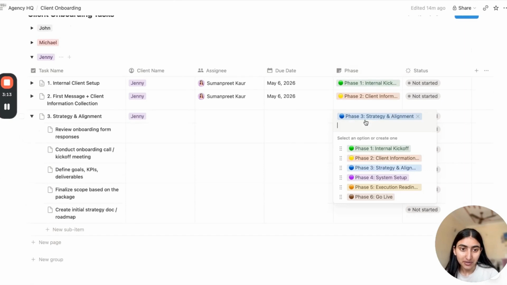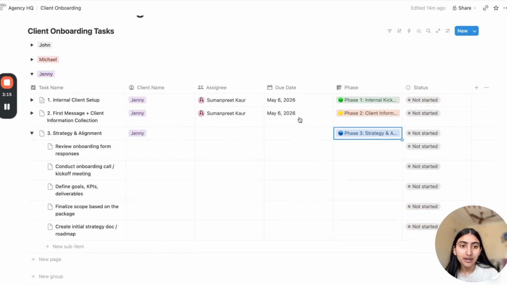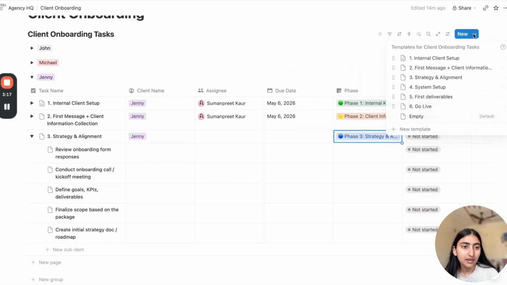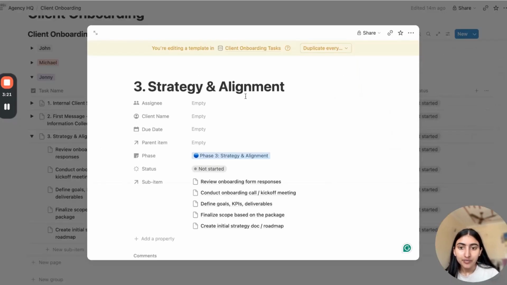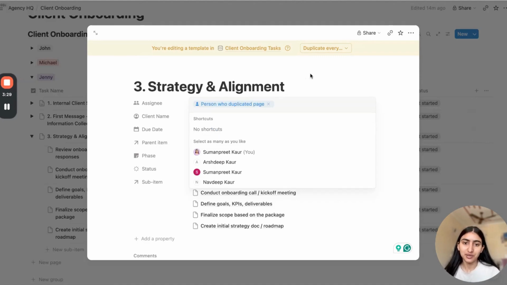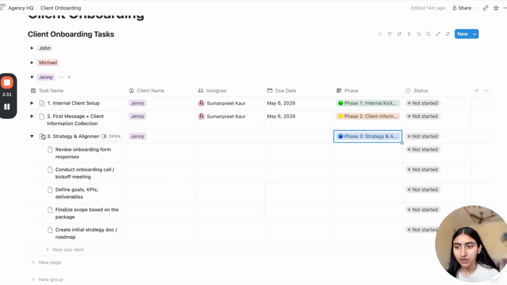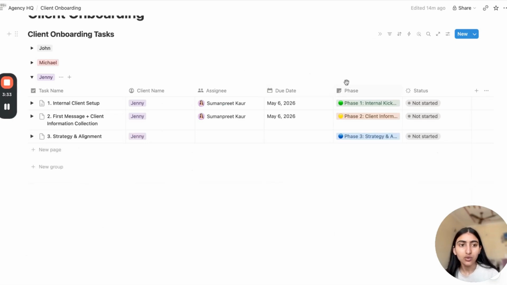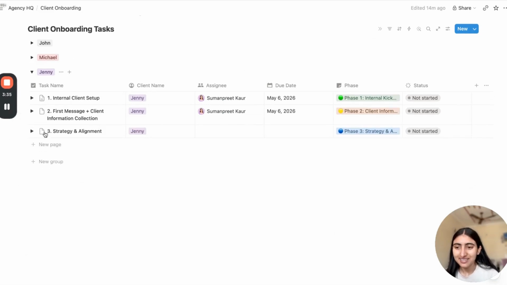Okay, this is a part of phase 3, strategy and alignment. Now let me see the assignee part here. I'm going to the three dots, edit it, and I didn't mark anyone here, so it is showing no one. But right now I would mark the same as person who duplicated the page. Okay, and now I'll go to the next step.